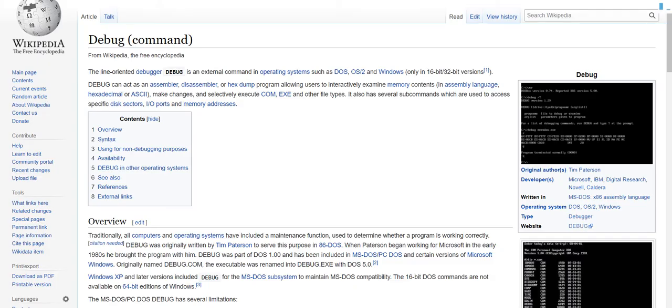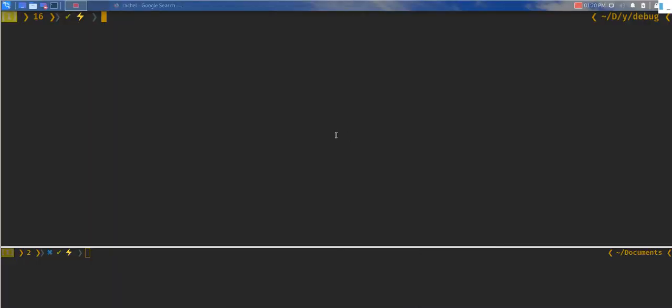Hey, today we're going to take a look into Debug, which is a program that's available in Windows 32-bit machines. It has a ton of different features, such as assembly, disassembly, dumping out hexadecimal values, so on and so forth. We will look into how we can build a payload from a hex value into an exe file. So in order to do this, we need a machine,